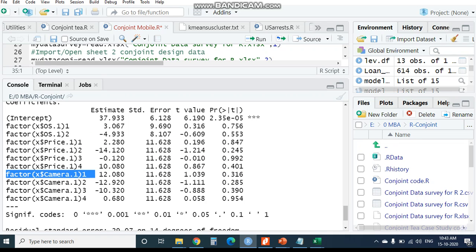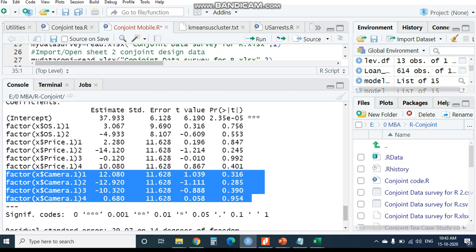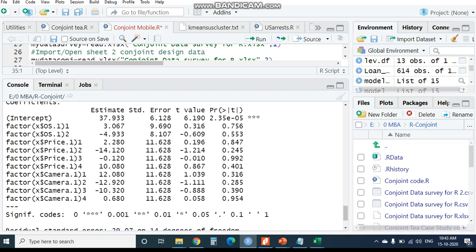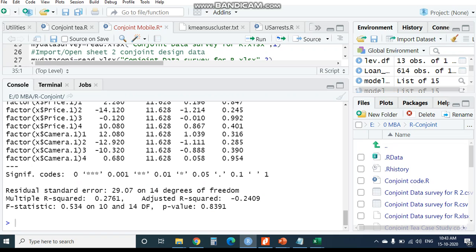And factor camera 1, 2, 3, 4, here it means that the customer has given more weightage to the fifth combination of camera. So that is how it is interpreted. Now moving on to the